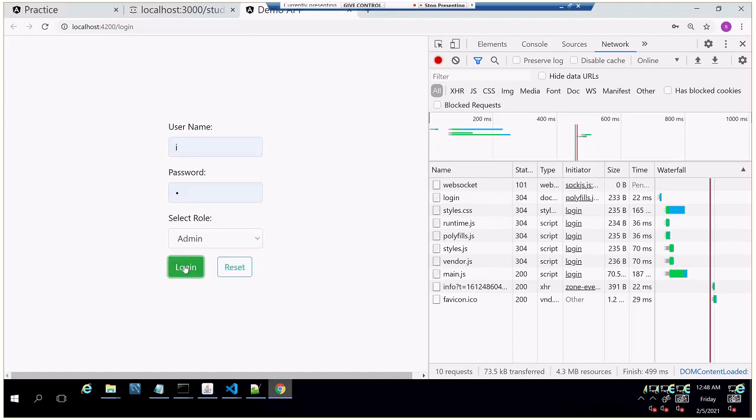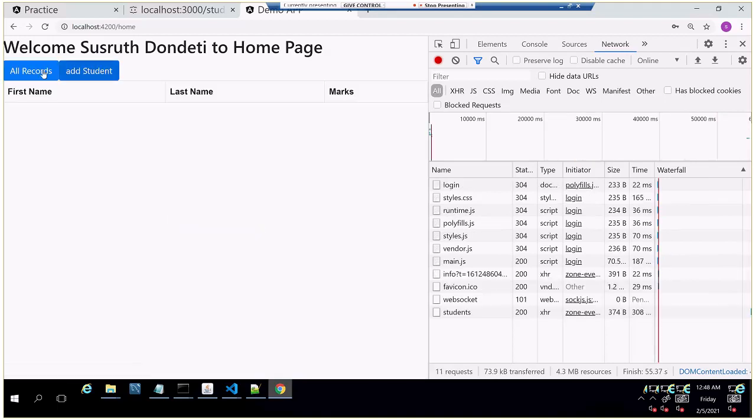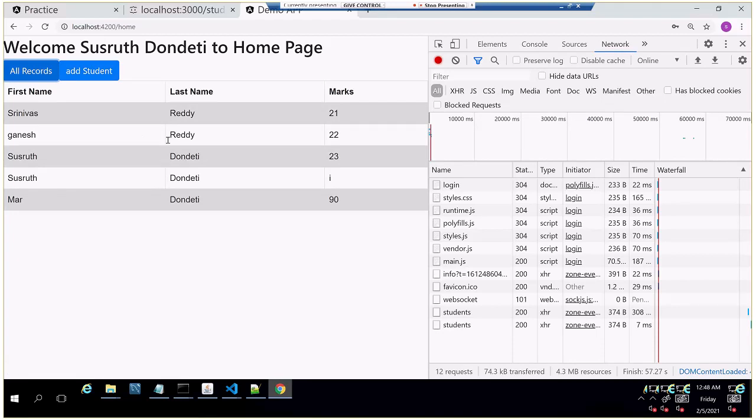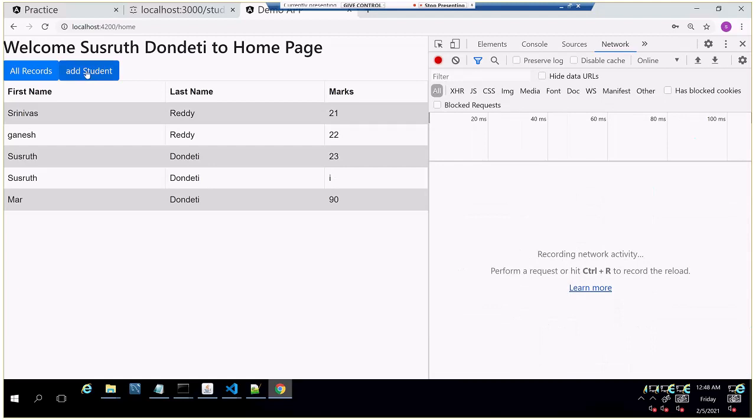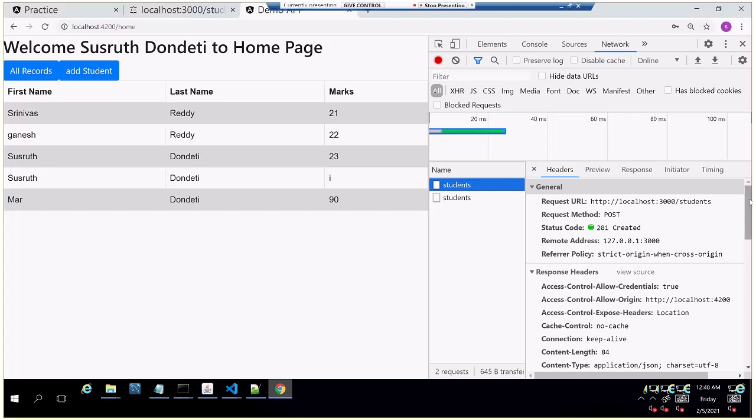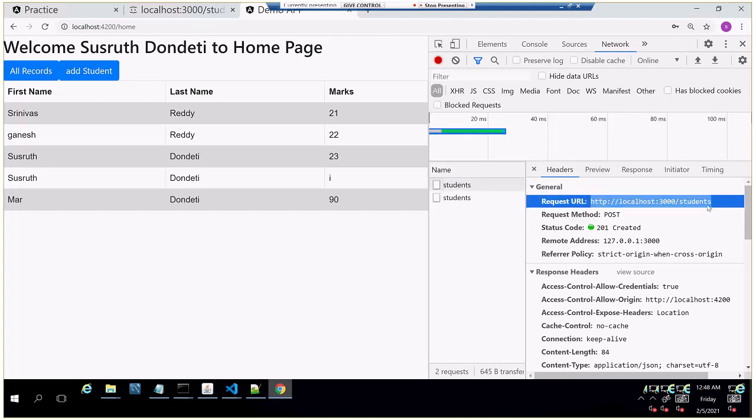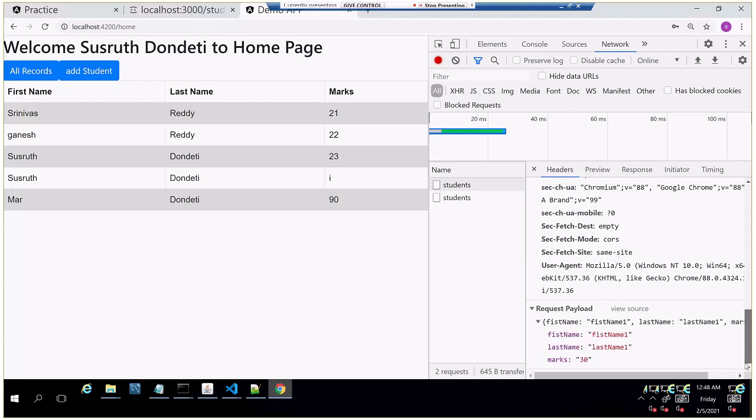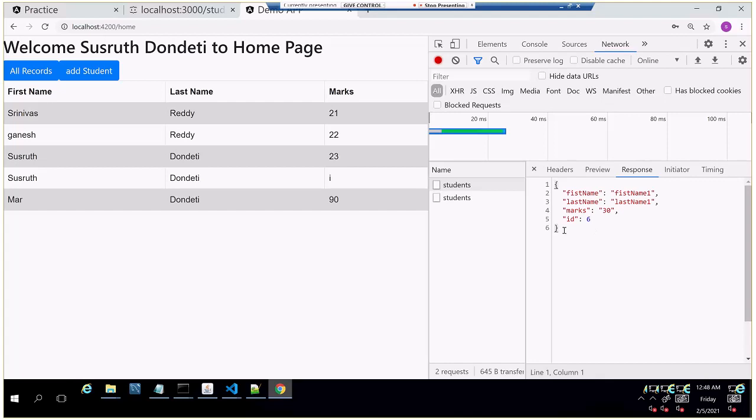Now I'm going to log in, and I'm going to add all the lists of students. Now I'm going to submit one student record. If you see here, the student record which I have submitted using post method to this URL, the object is, if you come down, first name 1 and last name 1 and marks 30. And if you go and see the response, it returns us the actual object which is saved in the database,